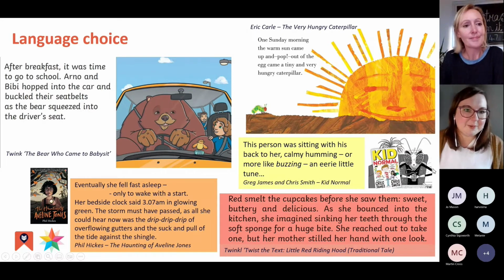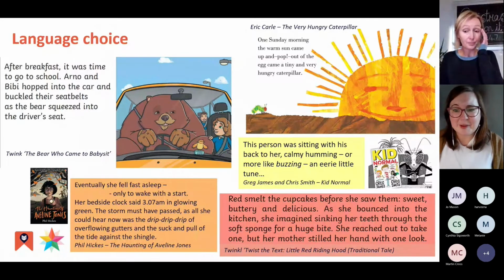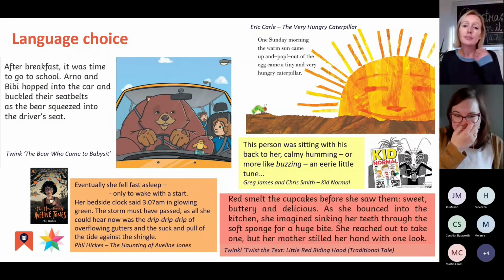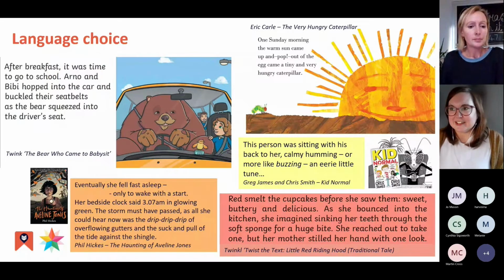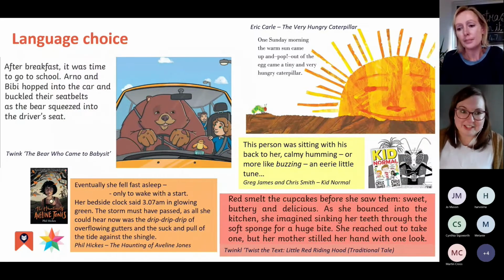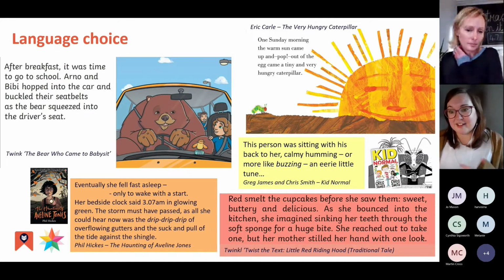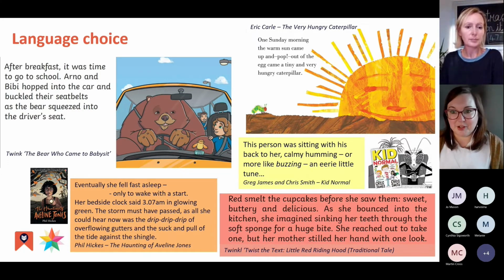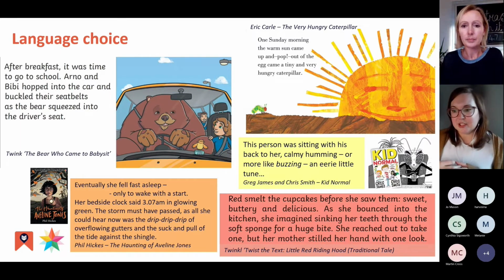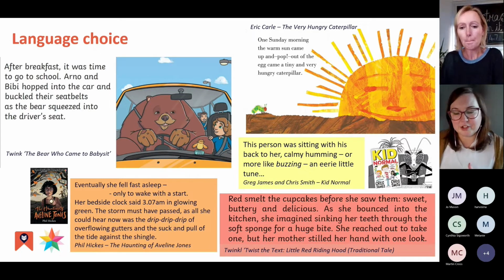So following on from that as well, it's just looking at language choice. This page is quite busy, but I wanted to try and show a few different examples of how language is obviously in everything that we read, but there's so many examples of why authors have chosen certain words or certain phrases that you can pick out. I can guarantee if you go to your bookshelf and you open your book, on any page you will be able to find an example of where you could talk to a child about why that author's chosen that particular word, or how it would make the reader feel, or all of those kinds of questions that build up their knowledge and understanding of vocabulary, and just show how powerful word choice can be.